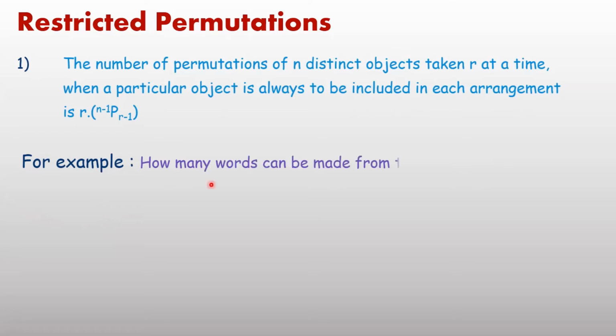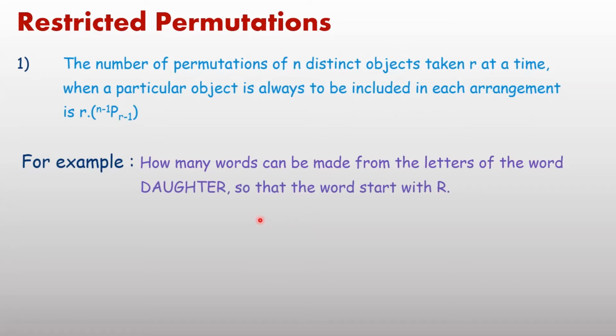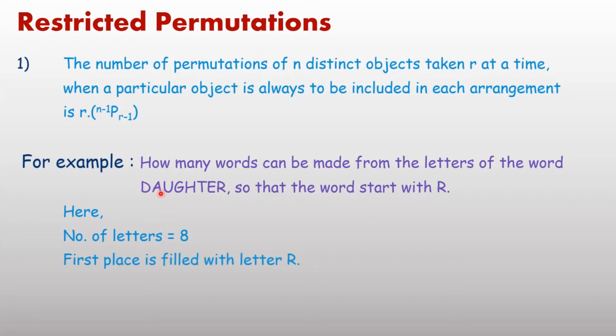For example, how many words can be made from the letters of the word DAUGHTER so that the word starts with R? It implies the first position is fixed here. First place is confirmed. Now, remaining places you have to fill. Number of letters here is 8. Second step is to count repetition. There is no repetition of any letter. First place is fixed here. Therefore, for the remaining places